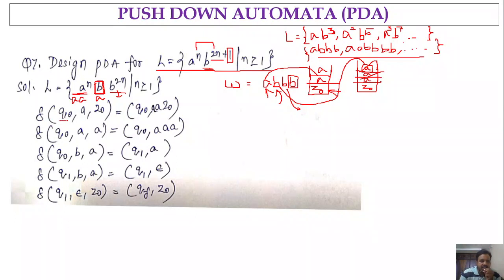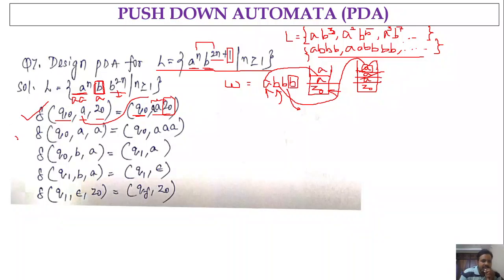So we are in state q naught, the input is a and top of the stack is Z naught. So always the strings that belong to this particular language must start with small a, right? So in q naught, the input must be a and top of the stack is Z naught. So we will be in the same state q naught and we are going to push a a Z naught. So Z naught we have to push as it is, and for each occurrence of input symbol we are going to push 2 a's, right? So that's why the stack content could be a a Z naught.